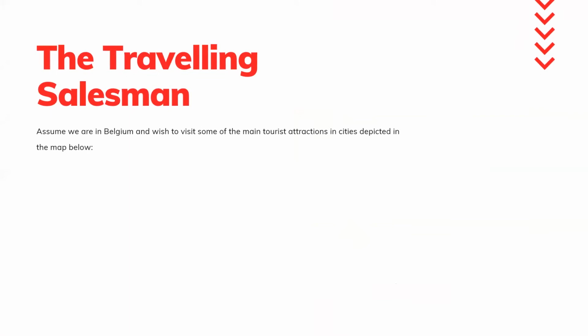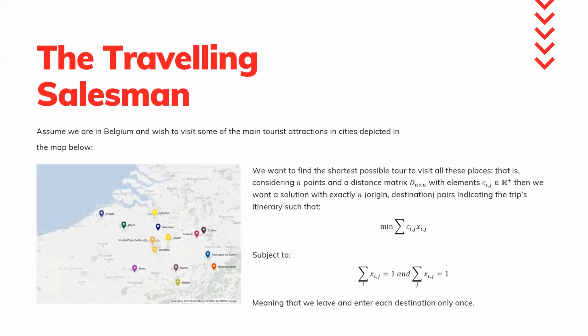So if you're in Belgium and you want to visit some of the main tourist attractions, what places are in Belgium? I wasn't good at geography. I think Brussels and Antwerp and those types of places, right? So we have this map here, and we want to be able to visit all these places in Belgium only once, and we want to do it so that we travel the minimum